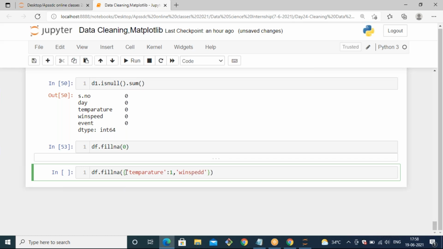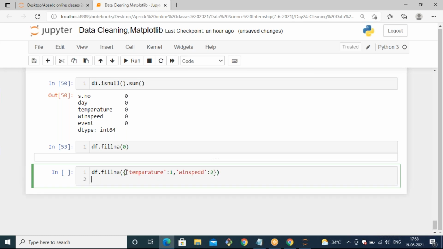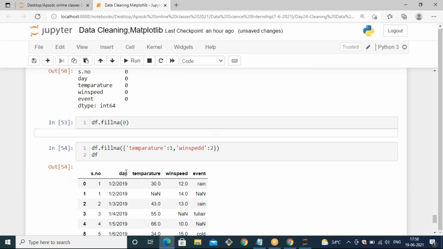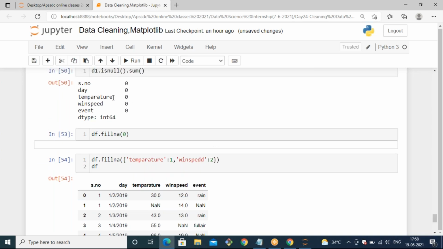And I want to change the NaN values of wind speed with a value of 2. Now let's see, if I give df, it is not changed.